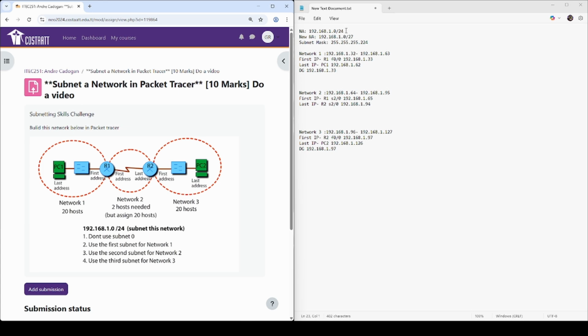So I already went ahead and did the subnetting. This was the original IP address here at /24, and after it was subnetted, this is what we got with a subnet mask of 255.255.255.224. We are not using subnet 0, so 0 to 31 will be subnet 0. And here we have network 1, which is